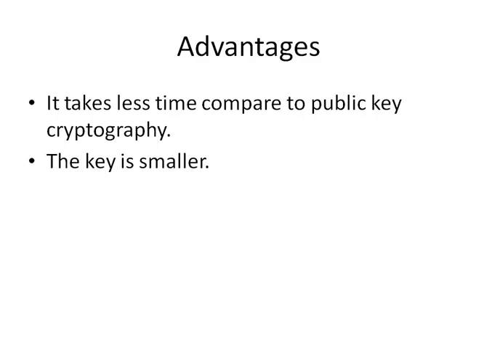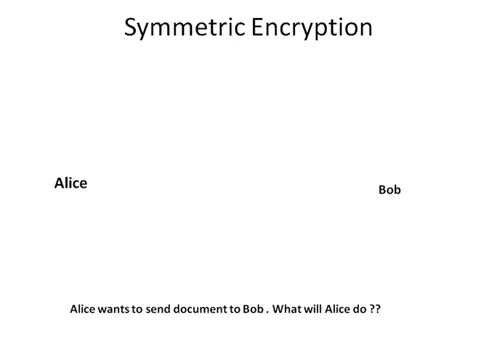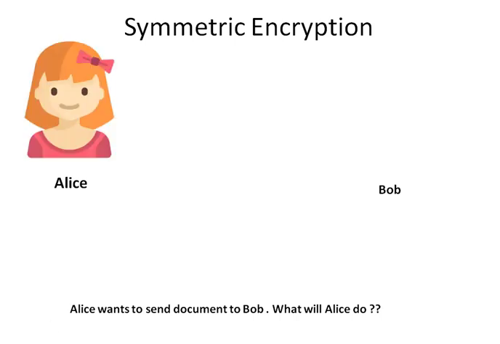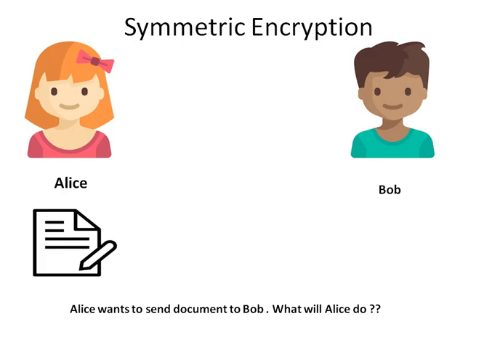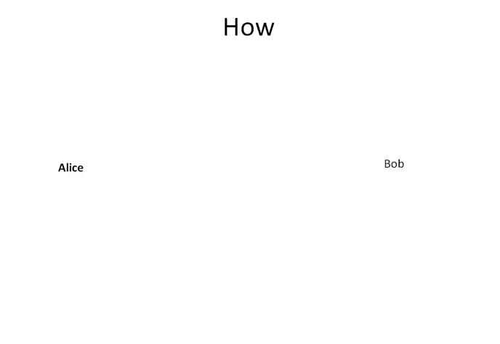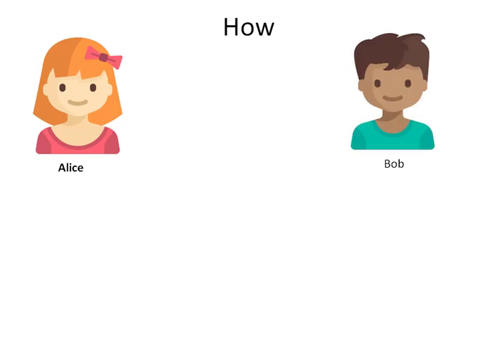So now let us see with one example how symmetric key encryption is done. See, now there is one user Alice and there is another user, that is Bob. Now Alice is the sender and Bob is the receiver. Alice wants to send data to Bob. So how Alice and Bob will communicate with each other using symmetric key encryption. So now Alice wants to send one document to Bob. So now how will that happen? See, now Alice and Bob, they both will agree upon a private key.